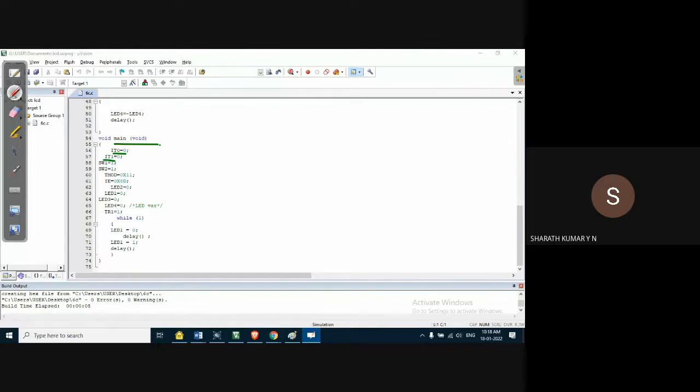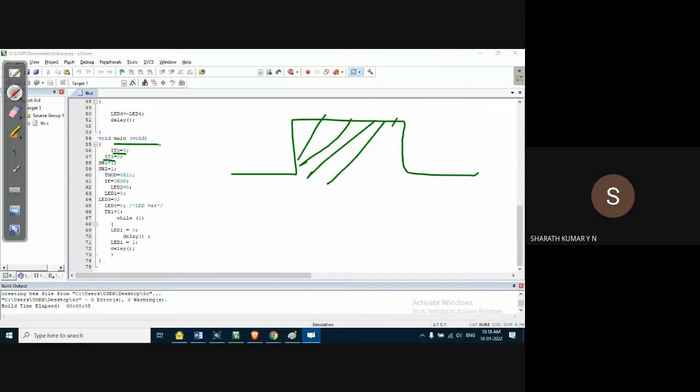Level triggered method: when the pulse is high, during this duration, it will generate interrupt. That is by the external switch connected to the microcontroller. In case of edge triggered method, it is when the signal goes from low to high or from high to low. Okay, edge triggered and level triggered.